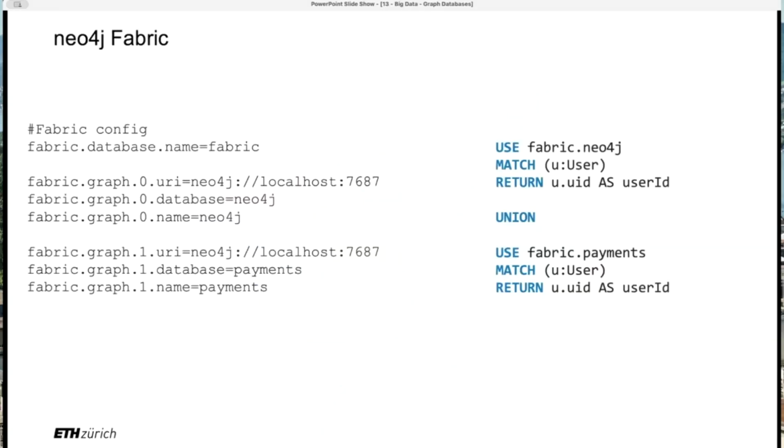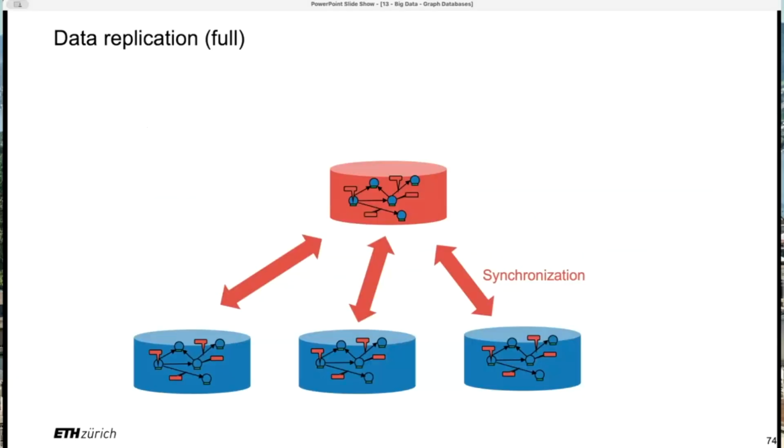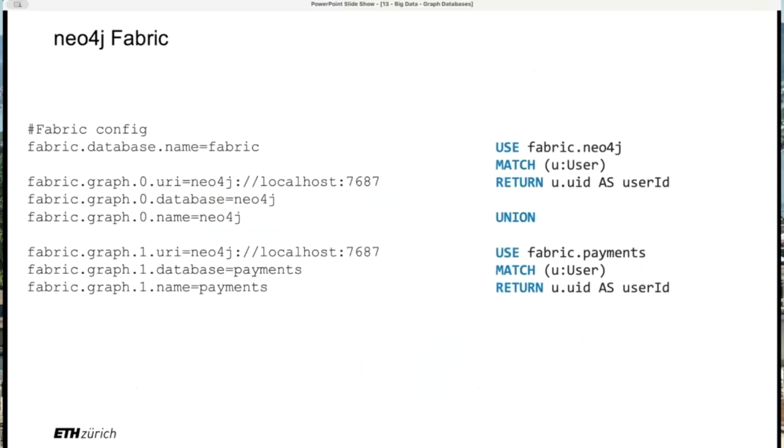On the side of Neo4j, they actually did not immediately do that. What they did instead is that they allowed the users to have federated databases. They basically said the user can have multiple of these. They can have a first database with people, another database with institutions, for example, and so on, with distinct replica sets, but it's actually completely distinct databases. And then they have what's called Fabric in the language that just allows you to give a name and to connect to all of these databases, and you federate them in the same query in the sense that in Cypher,